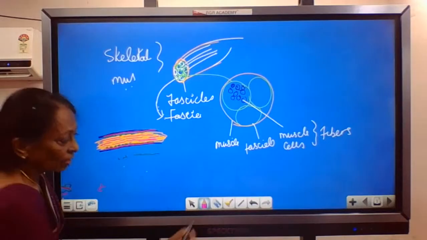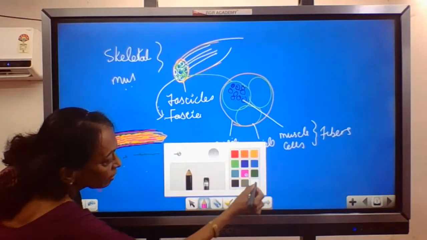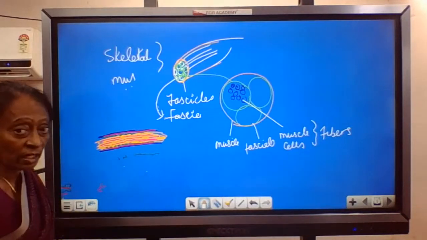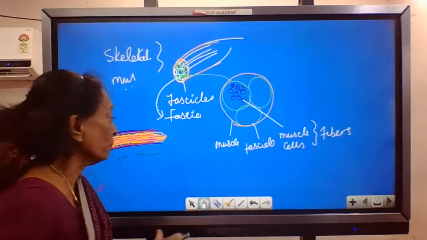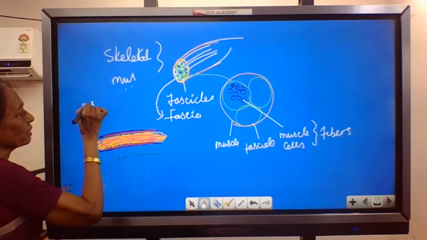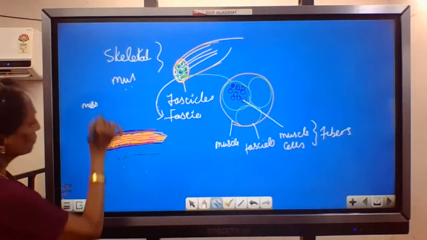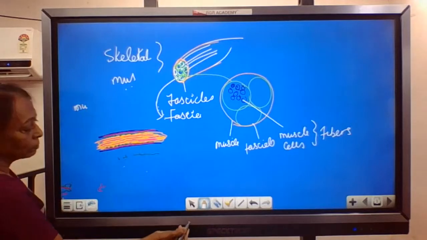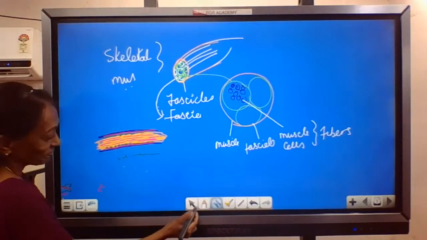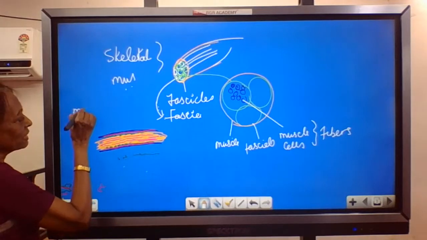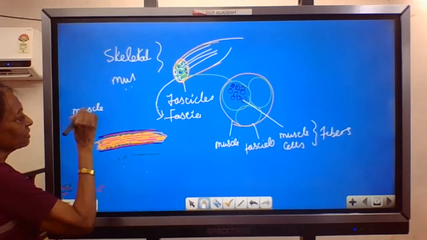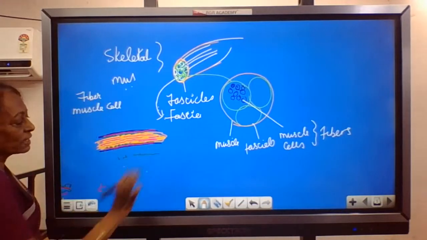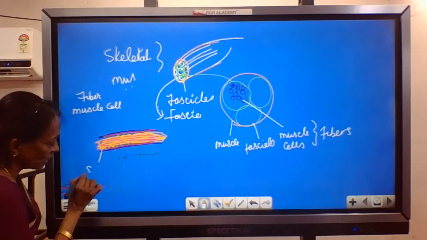Okay, make out that? Now, let's come to the labeling part. This is a single muscle cell. The muscle cell is known as a muscle fiber. The muscle fiber is a cell. Fiber because it is a thread. It has an outer covering called the